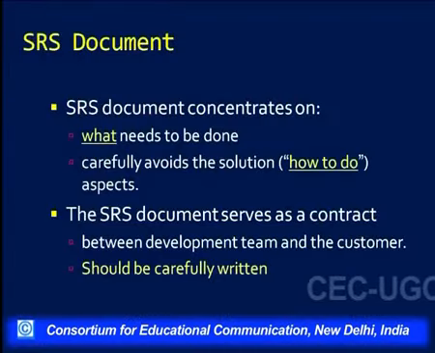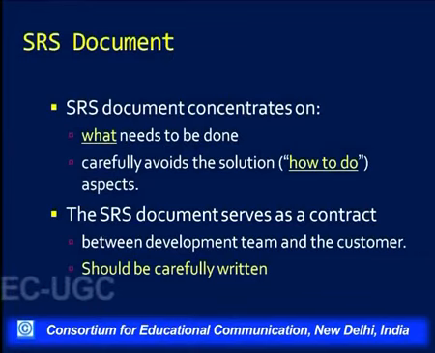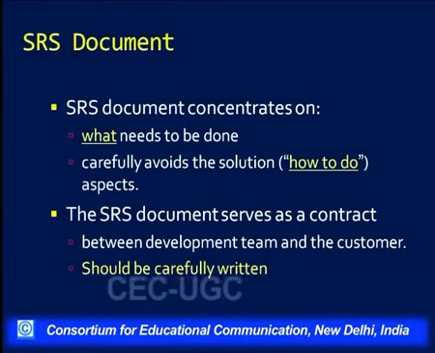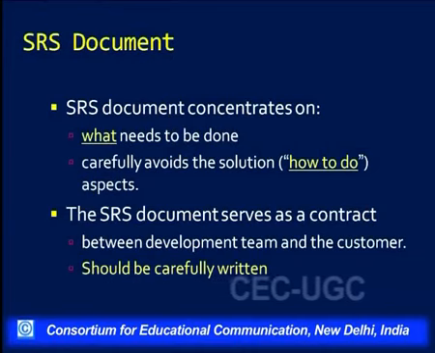It does not even talk about the structure of the system. It only talks about the basic requirements which the system is expected to fulfill. So it concentrates on what needs to be done and not on how. So it should be very carefully written, because later on it will serve as a legal contract between the two parties. So there should be no ambiguity,